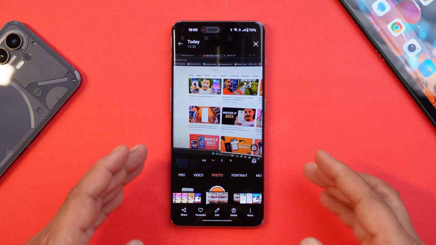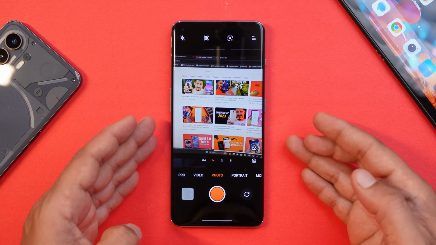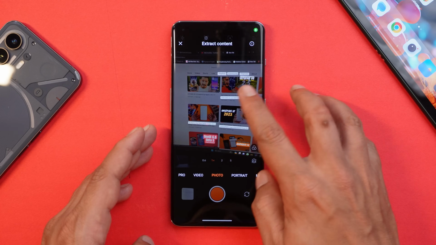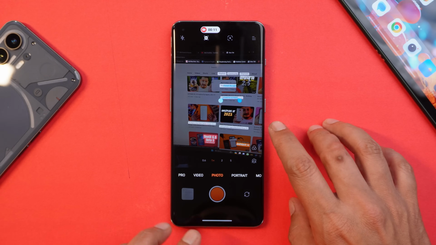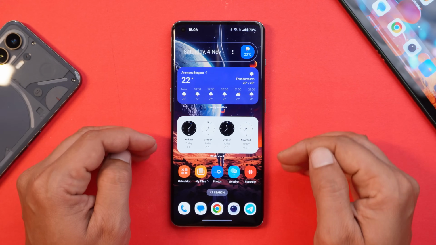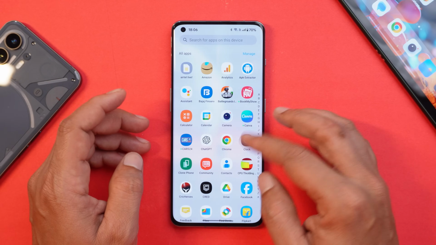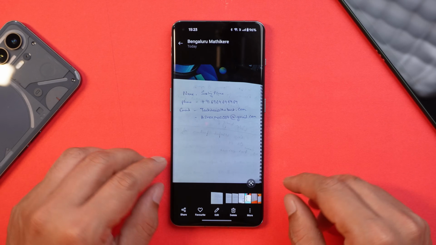And it can be really useful because you can also use this feature with your camera application. So here you can see I have turned on the camera, and to select that text I just have to take a screenshot, and later you'll get all the options to copy the image or to copy text. It doesn't work on things like the home screen, so you need an application which consists of text or images. And you can also use this feature